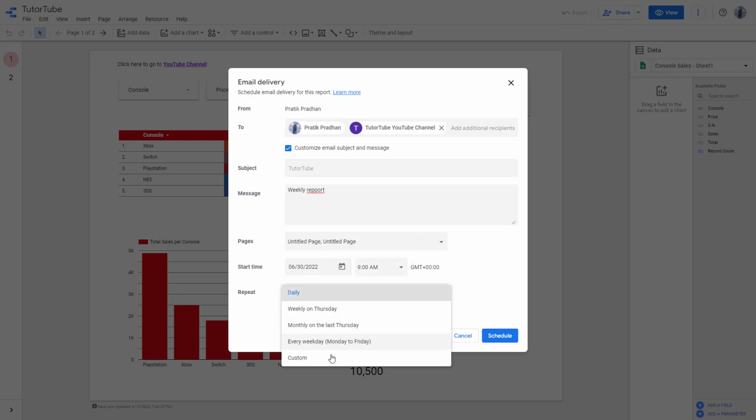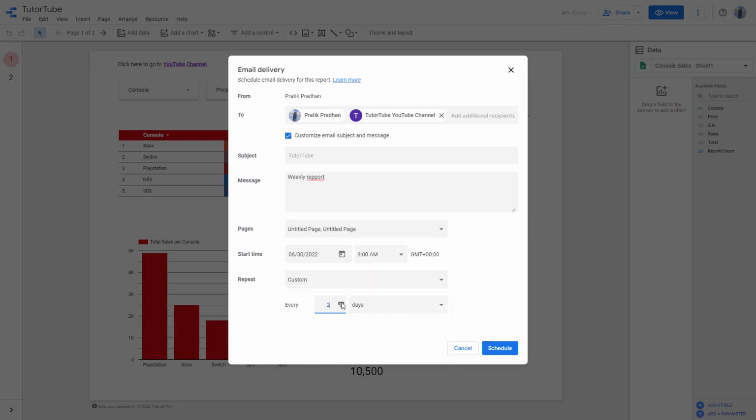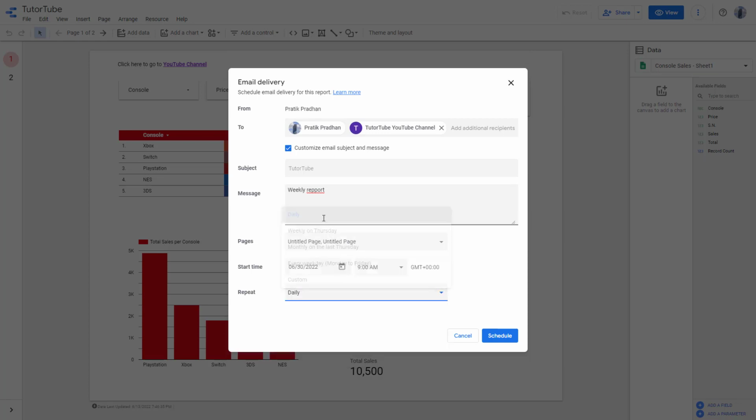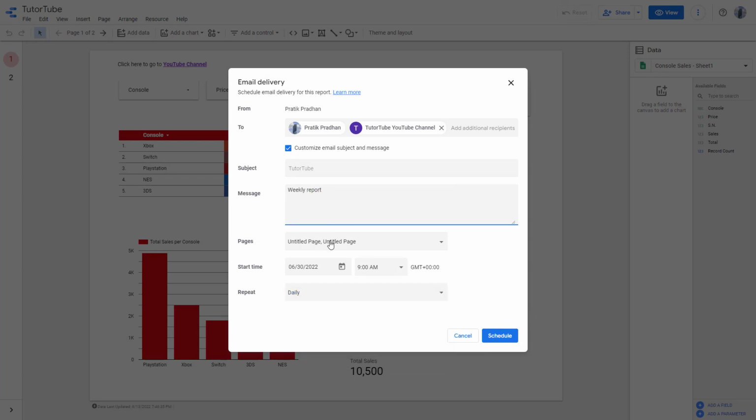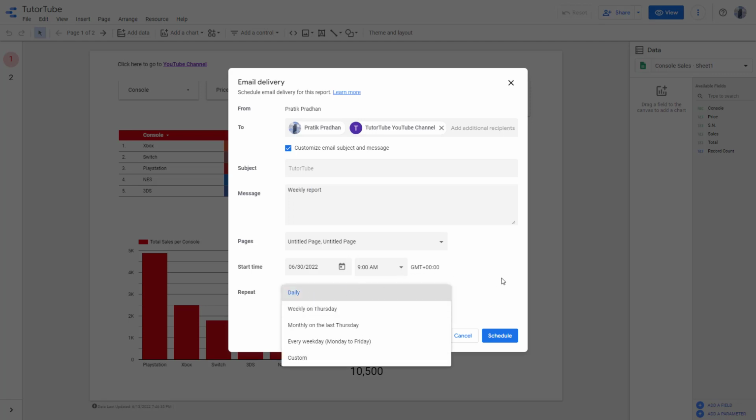And you can repeat this daily or on a custom basis right here. Like let's say, for example, every 4 days and so forth. You can also select daily right here. And once you're happy with the settings, you can click on schedule. But over here, let me just correct this. I'm just going to say, let's say weekly on Thursday right here, and then click on